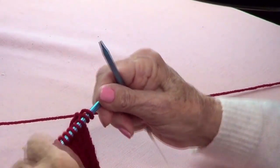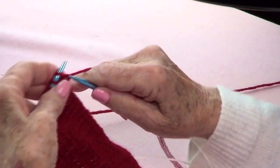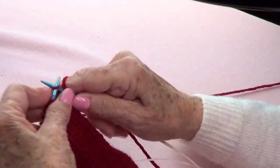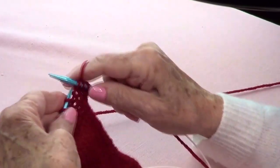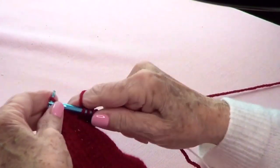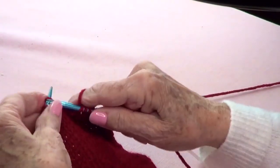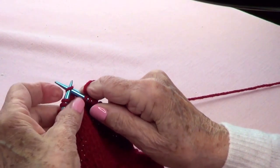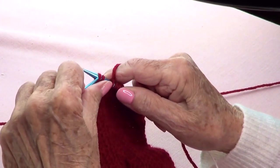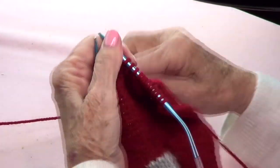Okay, so now we're going to do the turn of the heel. And what you want to do now is slip one right there and then knit 10. 1, 2, 3, 4, 5, 6, 7, 8, 9, 10. And now you're going to slide, and knit these 2 stitches together. Knit 1. Now turn,